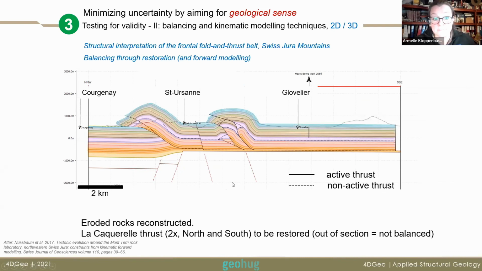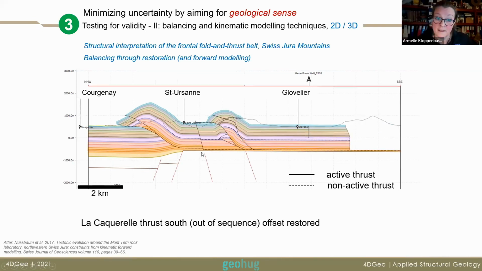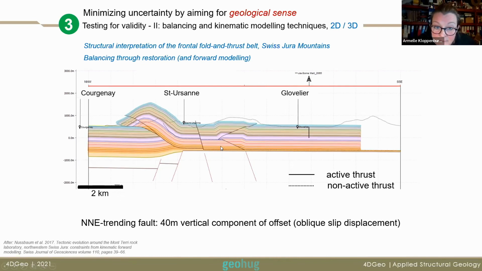So 12 steps to show, first of all, that's the eroded rocks restored, or reconstructed, I should say. And then there's a series of thrusts that I'm going to take the reverse displacement off. Starting here in the southeast, it's the anticline there. There's a 2-step restoration for it. Then the next step is going to restore